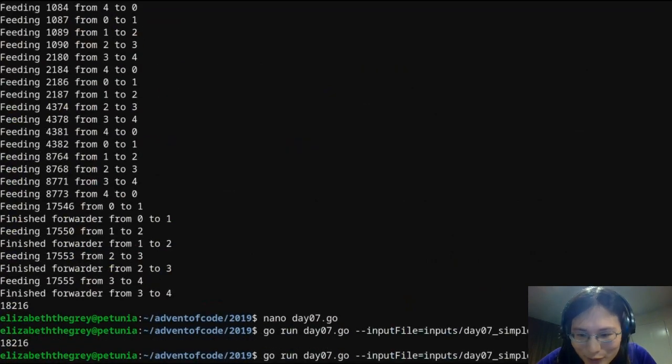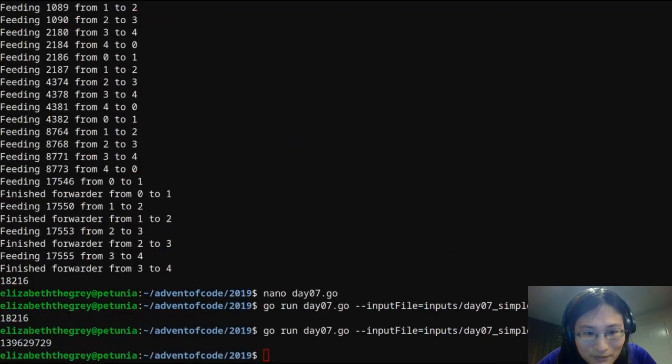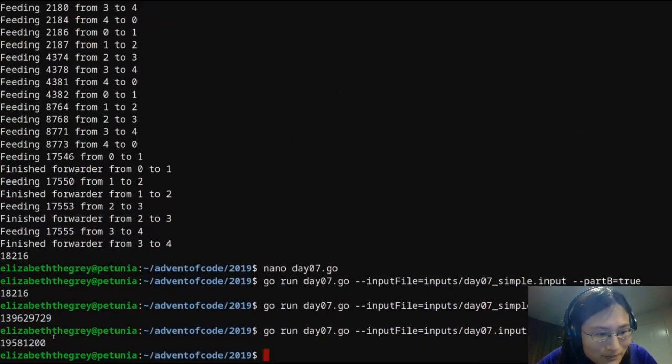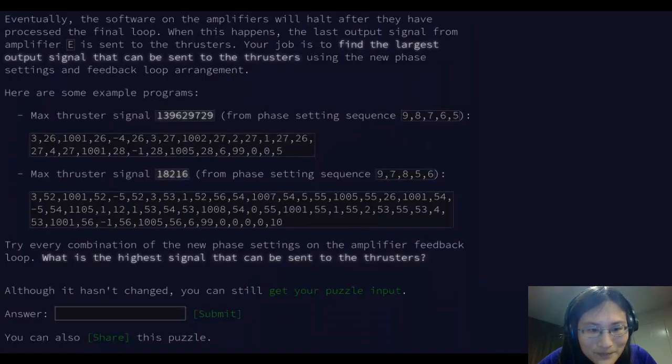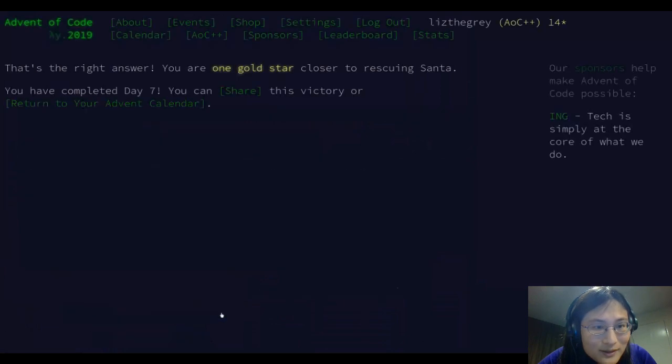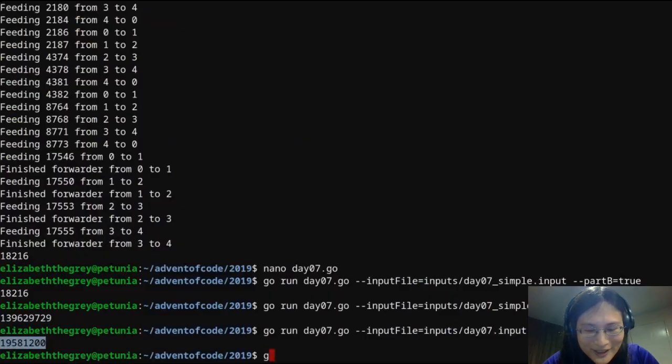So that yields the correct result. And now if I run it on my actual input, I get an answer. So let's try feeding it in. Okay, that did the trick. I'm very much not happy with that code, but I'm going to go ahead and commit it and call it a day.